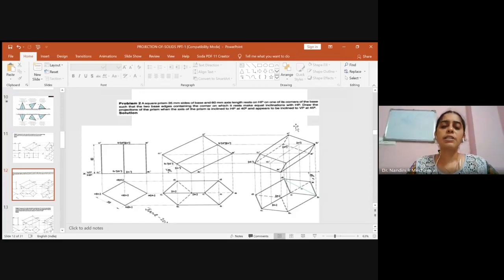So this is about constructing the problem in the sketchbook for stage 1, stage 2 and stage 3 when the given square prism is resting on one of its corners. And since it is a problem on the axis, because the axis is inclined to VP at 45 degrees, but it is not directly inclined and only appears to be inclined, here we are not determining the apparent angle beta. Okay, so this is about the second problem, how you have to solve.